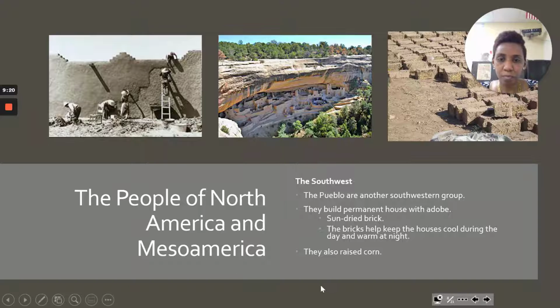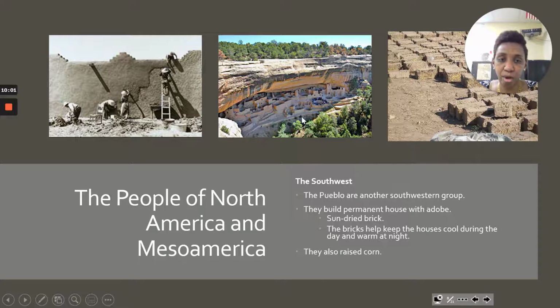Awesome. Okay, so here's more about the people of the Southwest, right? And you have adobes. You've probably heard about the adobe, the seasoning, but in this case, we're not talking about seasoning. We're talking about homes, okay? And these are adobes here. Adobes were a type of permanent house that's built particularly by the Amerindians in the Southwest, okay?